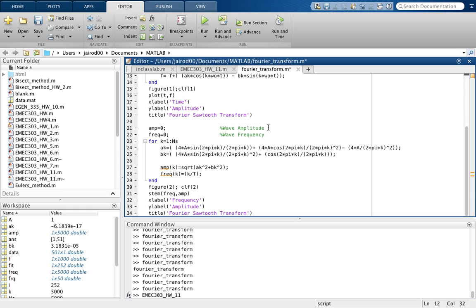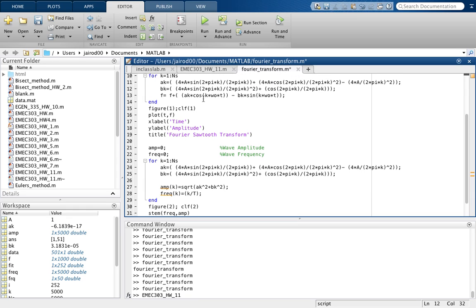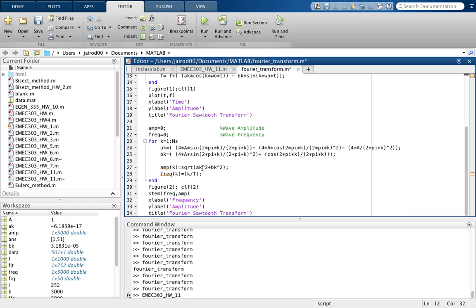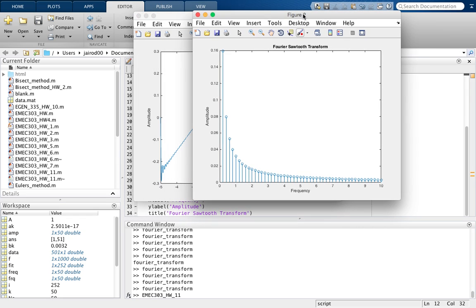Now we have our wave amplitude and wave frequency for all these iterations that we're going to be able to see on a graph. Now our AK and BK coefficients are again solved right here for each specified K. The amplitude is going to be the square root of the sum of the squares, and our frequency is just going to be our K value divided by our period. And if we go ahead and run this, we'll see that for each K value we have a corresponding frequency, and it's